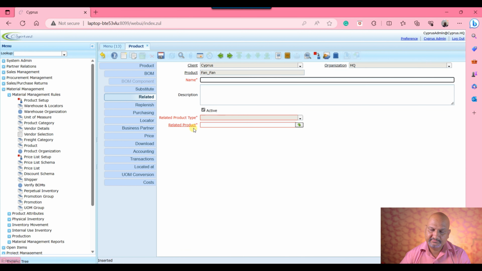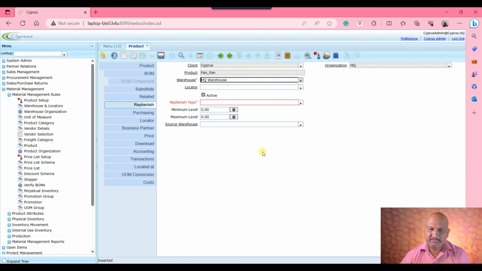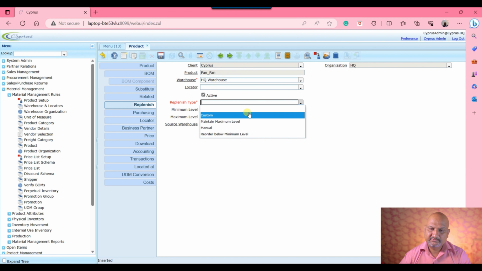So you would be able to define here. Thereafter, if there is a replenishment rule you want to define, you would be able to define. I have already given the details about this tab at the level of the warehouse, so you would be able to refer to that. However, there are four types of rules, in which the custom rule is that